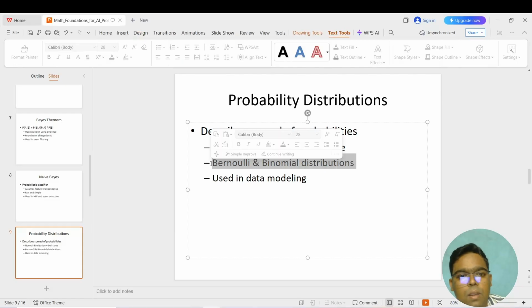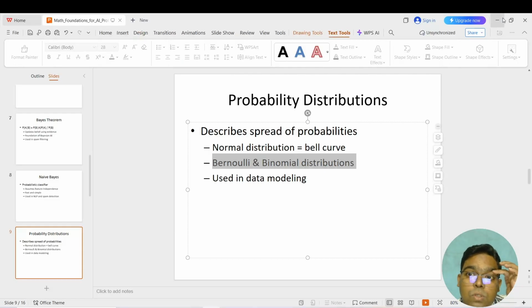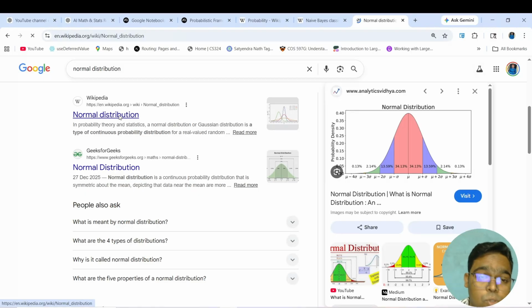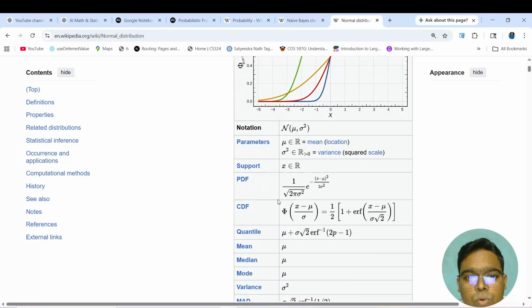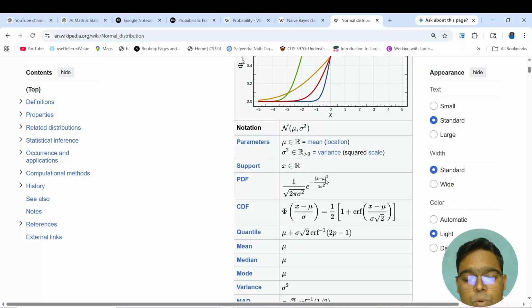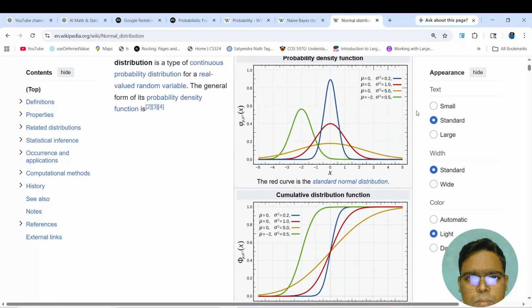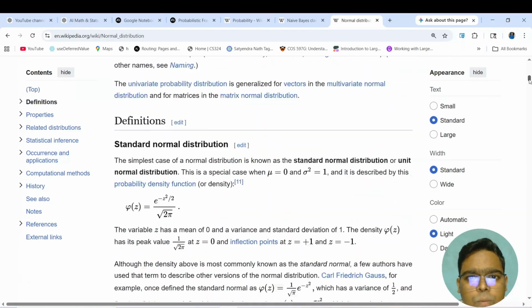You can see their formulas. I can also show you the formula of the normal distribution. It is very simple: 1 over the square root of 2 pi sigma squared, times e to the power minus (x minus mu) whole squared over 2 sigma squared. It has a probability density like this one. It is symmetric, but it can also be shifted to the right or to the left.